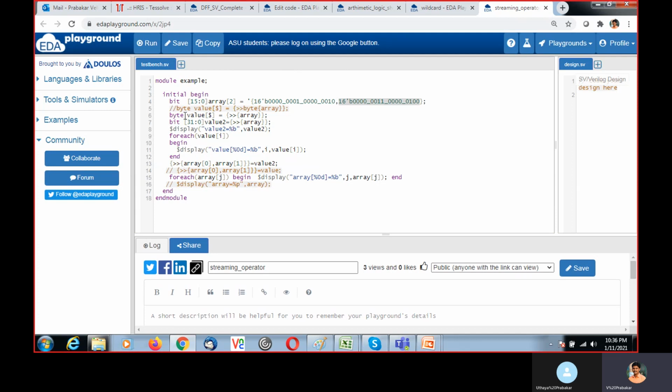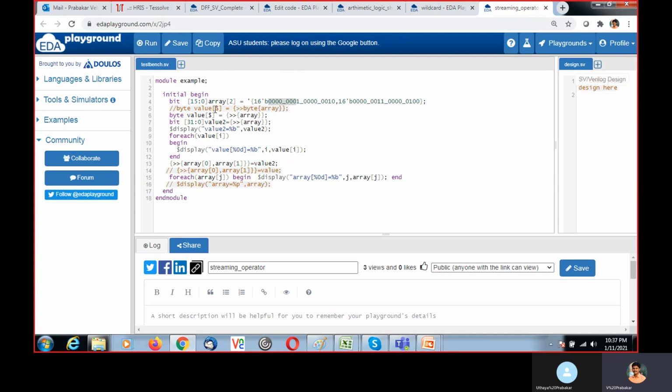Now here, byte value of dollar equals streaming operator array. As I explained, the array is this one. From this array, from the MSB position, I am going to take 8 bits.